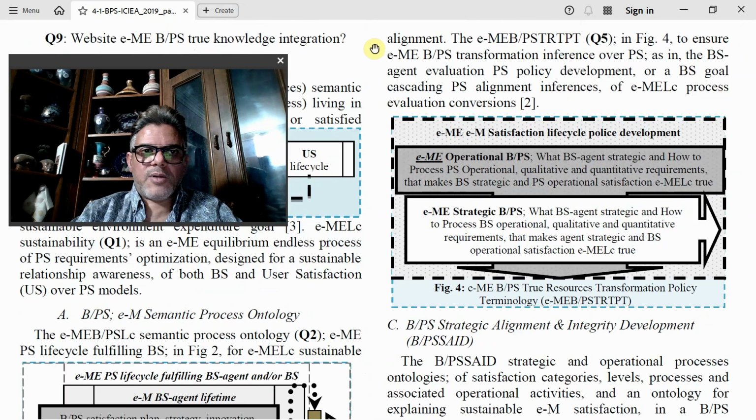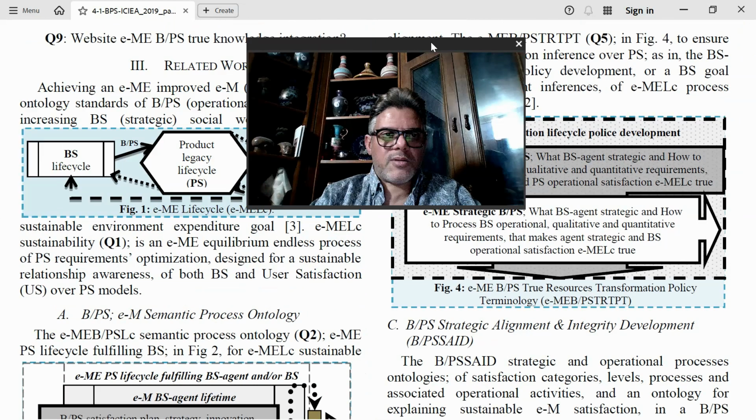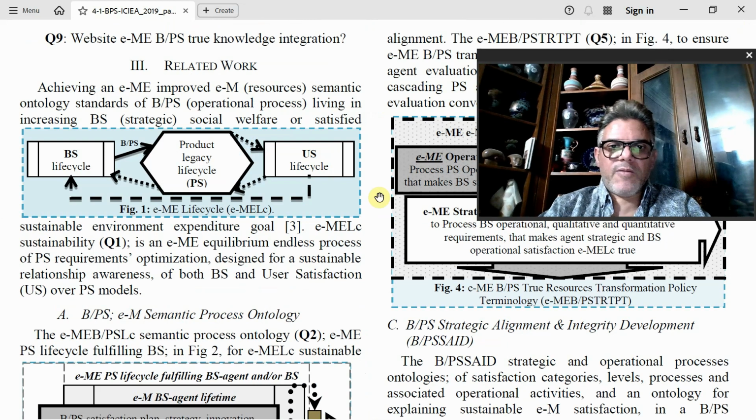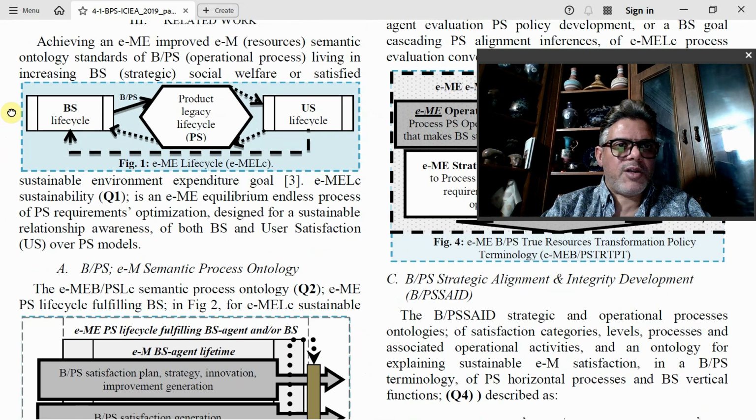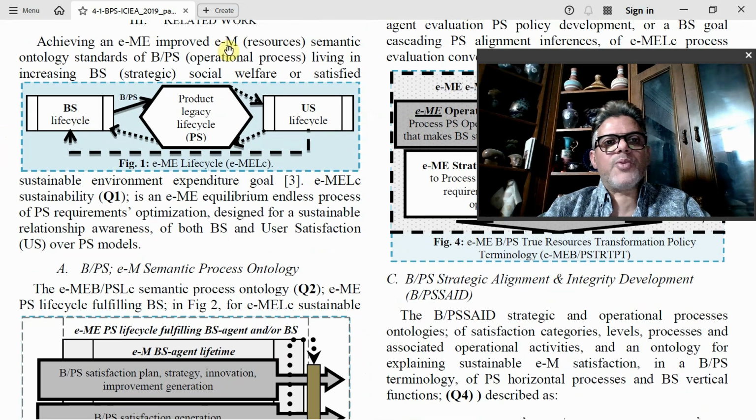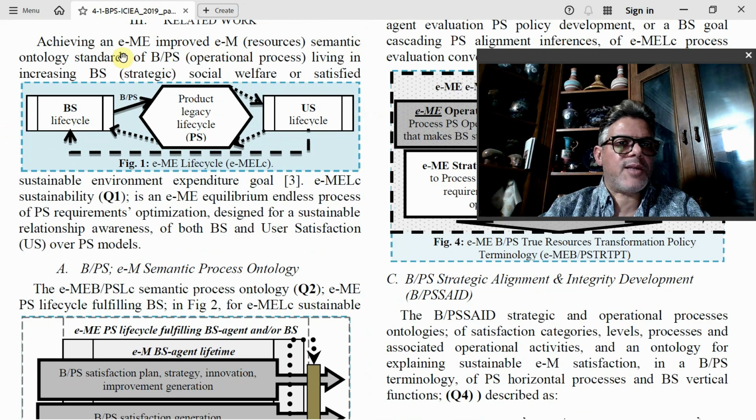Okay, so now we're going to start with the paper itself. Yeah, so we had achieving an e-marketing environment, improved e-marketing resources, semantic ontology standards of the business/product satisfaction operational processes, living in increasing business satisfaction, strategic, social welfare, or satisfied sustainable environment expenditure goal. The e-marketing environment life cycle